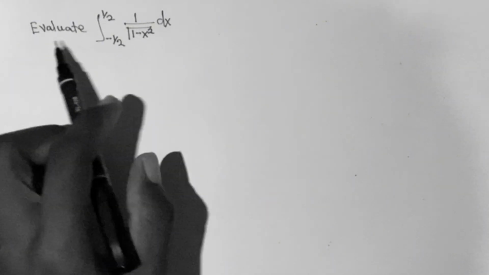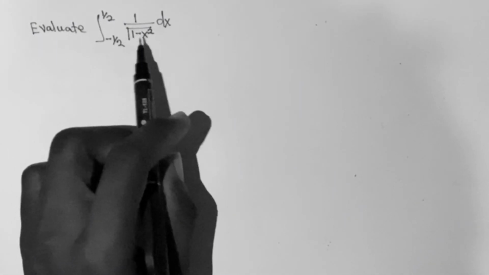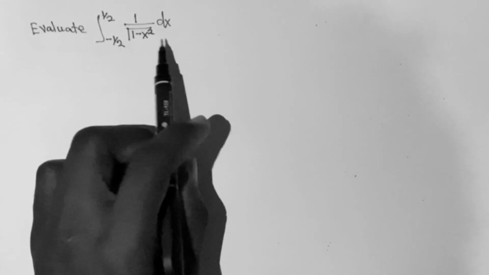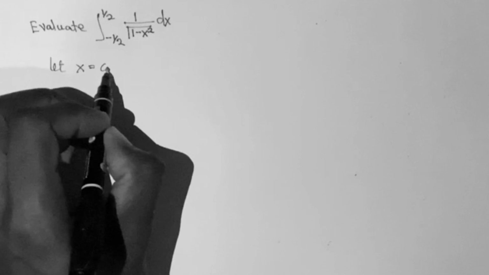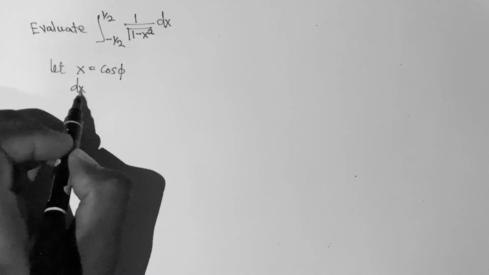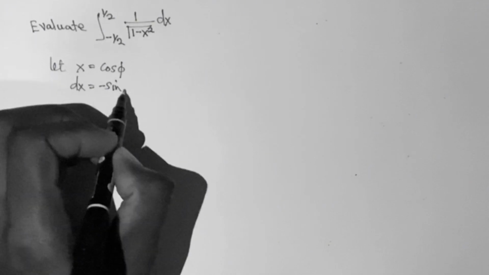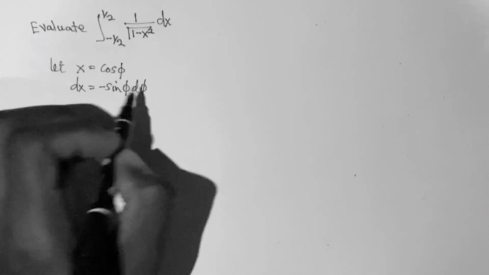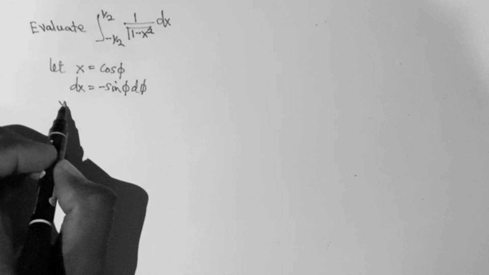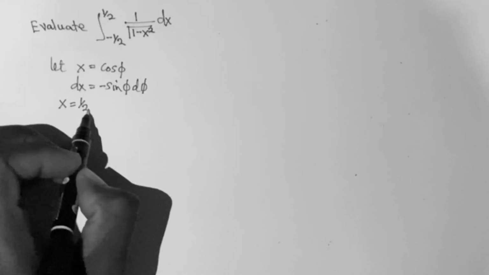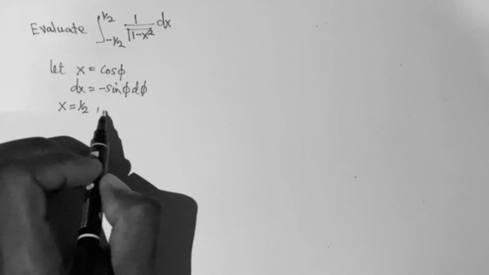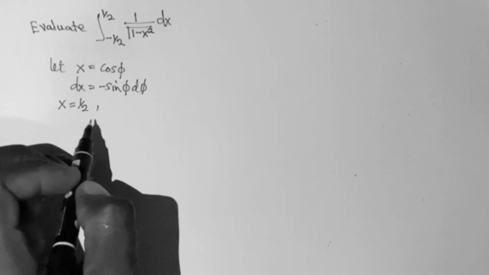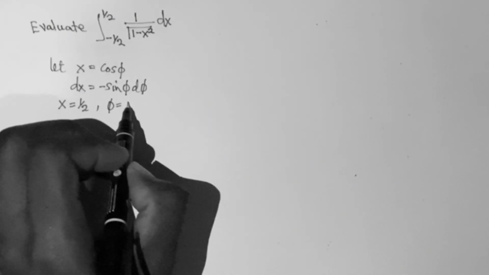So we are supposed to evaluate the integral from minus half to half of 1 over square root of 1 minus x squared dx. So let's let x be equal to cos phi. So it implies that dx is equal to minus sine phi d phi. So now if x is equal to half, we see that phi is cos inverse of half, and cos inverse of half is pi over 3. So phi is equal to pi over 3,